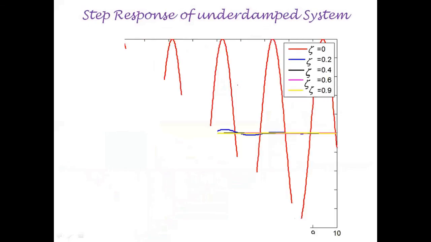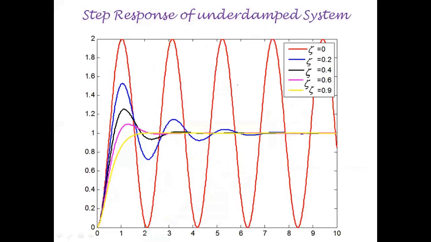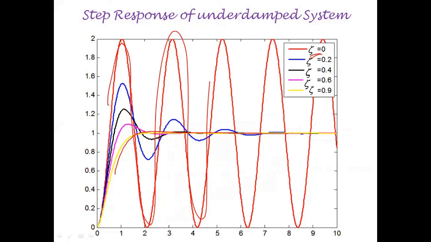Now, for the step response of an underdamped condition, if you substitute different values of zeta starting from 0 to zeta equal to 0.9, we can see for the first case, in the absence of zeta, that is, without the presence of damping, the complete nature of the waveform is oscillatory. And when we keep on increasing the value of zeta, we can see the suppression of this oscillatory nature of the response. When zeta is equal to 0.9, the oscillatory nature is completely suppressed.